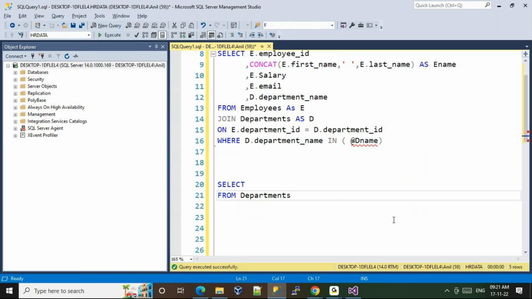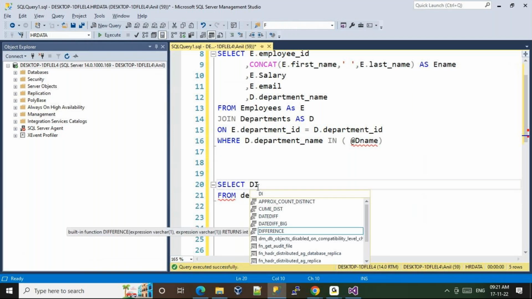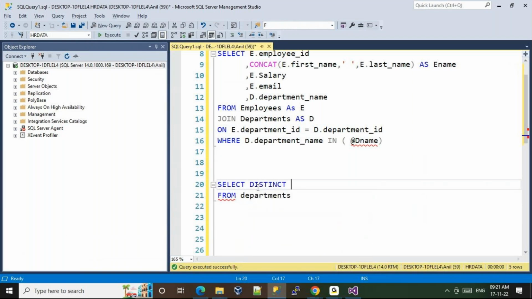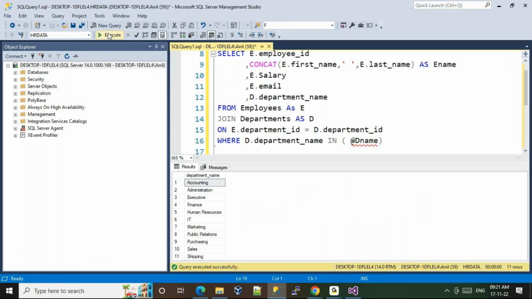departments table. And you can use distinct. What is meant by distinct? Unique records. Department name. And you can read it. Clear, it will get only department details, right? Just copy that query,